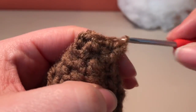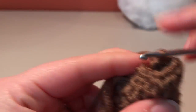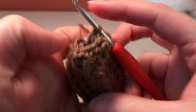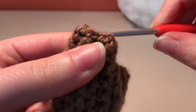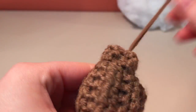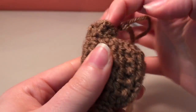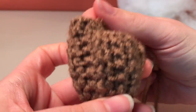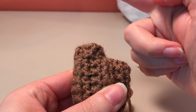We go. Alrighty, and now we're just going to go ahead and join to the beginning of that round with a slip stitch, just like that, and chain 1. Okay, so now you can see we kind of got our legs started here, right? And you're just going to continue that all the way up